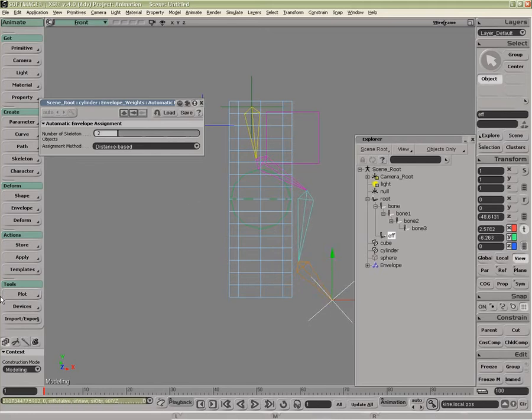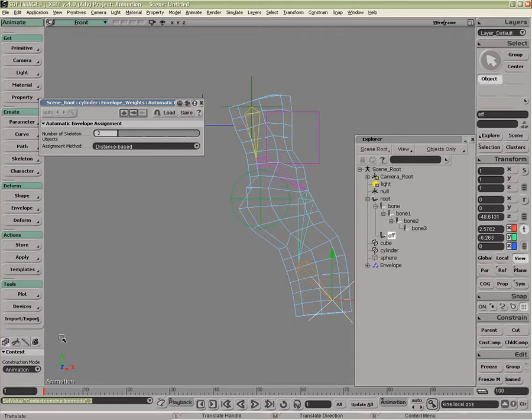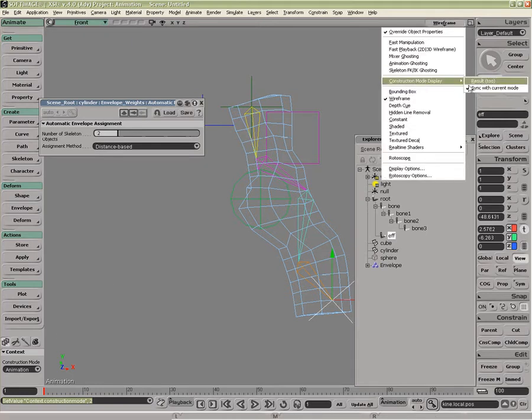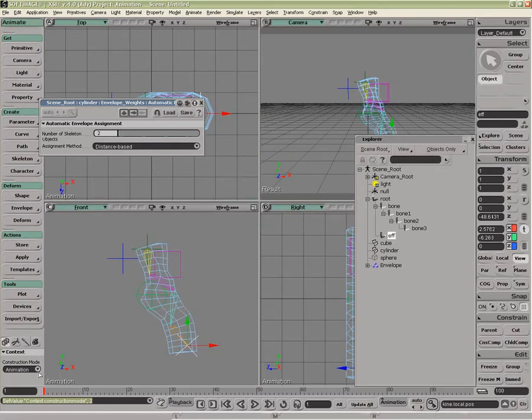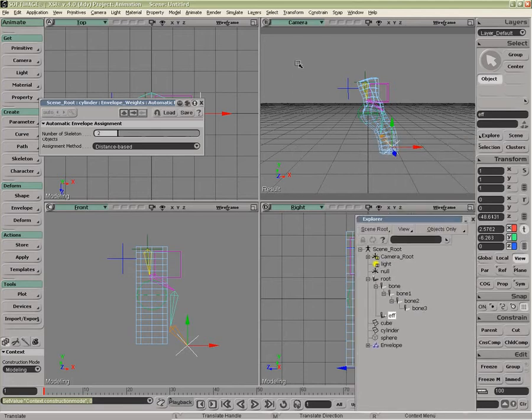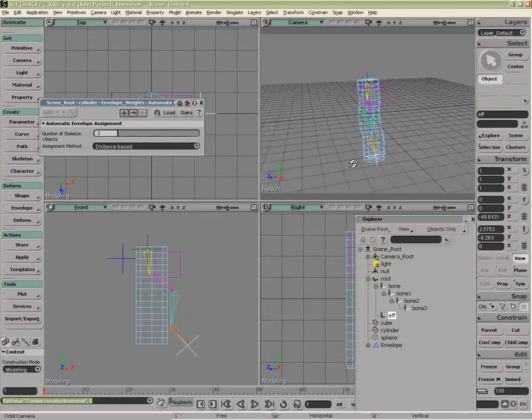you'll notice that nothing is updating because currently I'm in the modeling mode. What I need to be able to do is to not only switch to the animation mode, but I need to make sure that if I'm in my display settings that I'm syncing with the current mode, or I'm in the very top mode. It's very useful to be able to switch these off if I go back to my modeling mode, to have individual areas in the views identify different stages, so I can still very easily select parts of my objects or character here whilst seeing it update